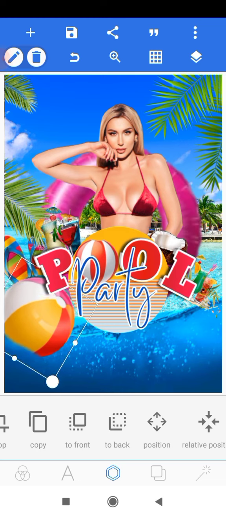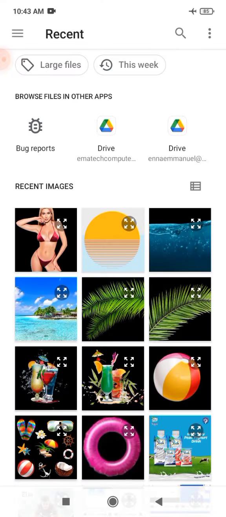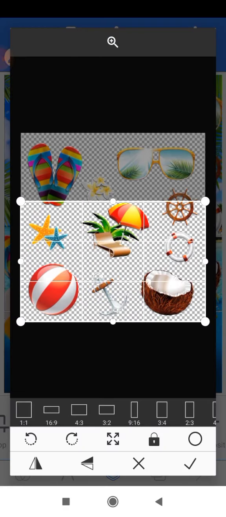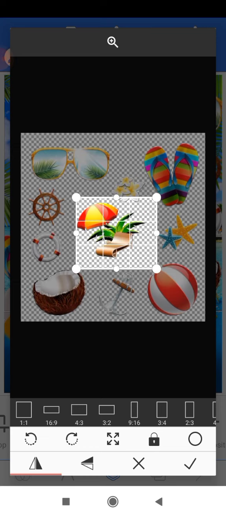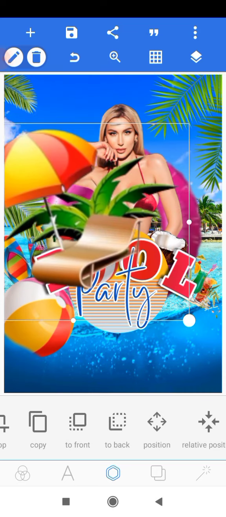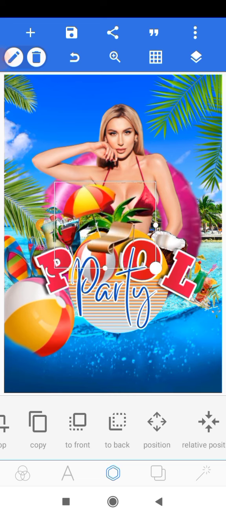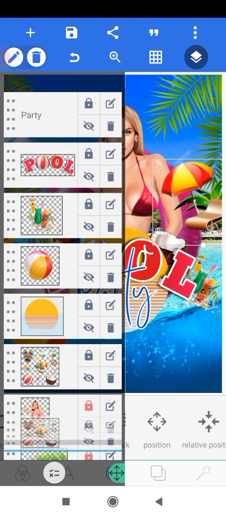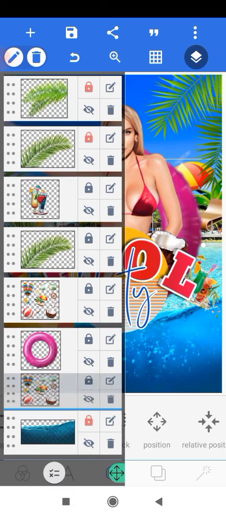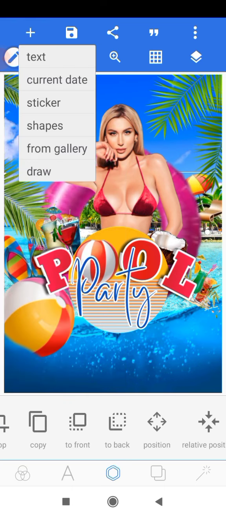So the next thing we want to add is this umbrella right there. So head on to our gallery and we have it there, and we'll try to crop it and select it so that we can use it on our design. So we have it there nicely, and we'll just flip it and we have it, and we'll click OK. So we'll just scale it all the way down like this and have it over here, and we'll head on to our layer, and with that selected we'll just bring it all the way down below this, and we'll drop it right here,